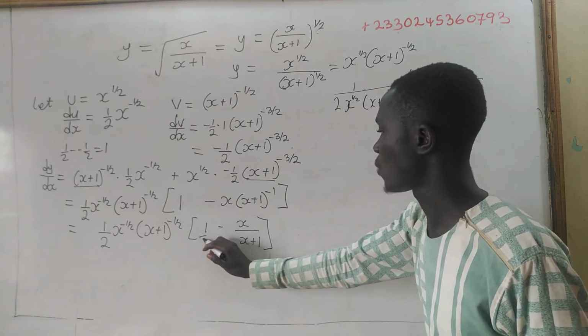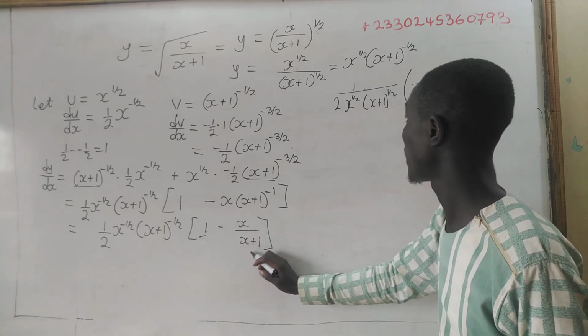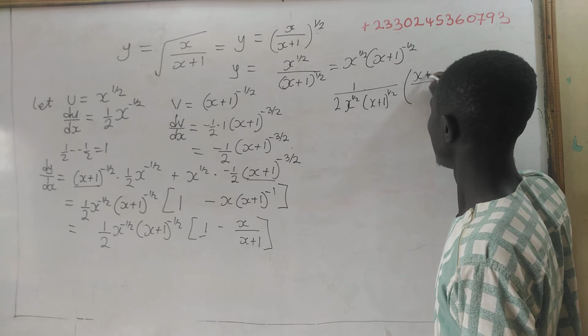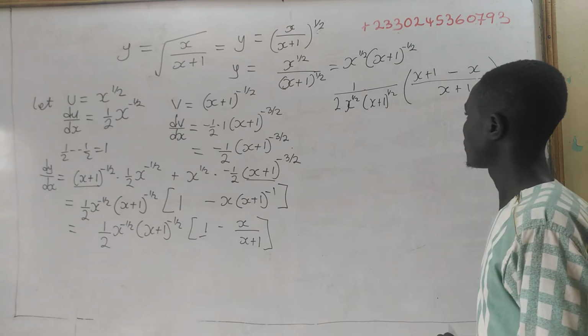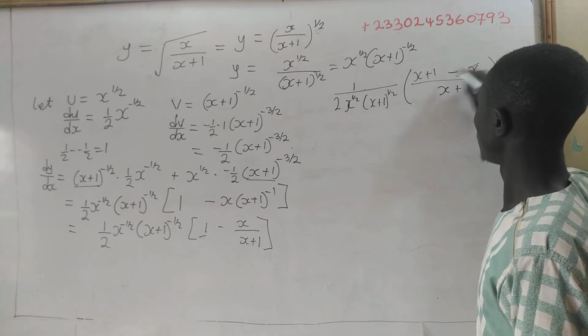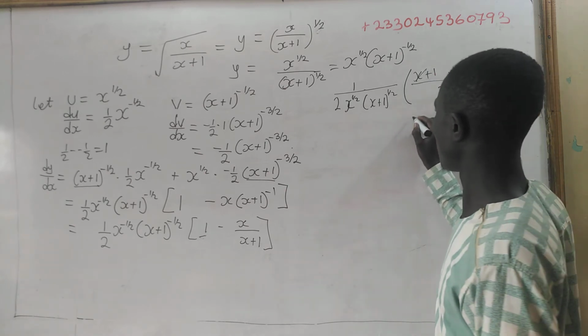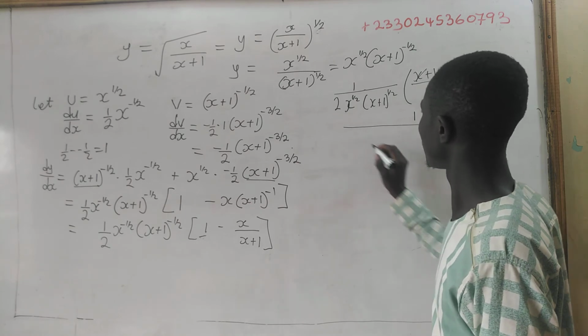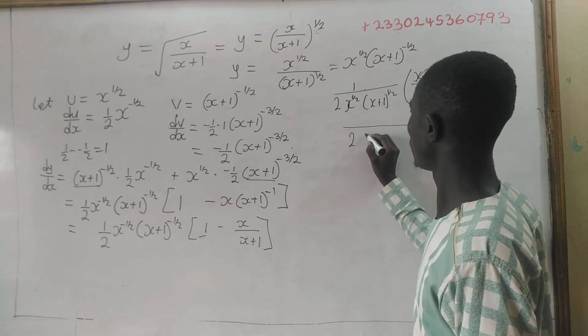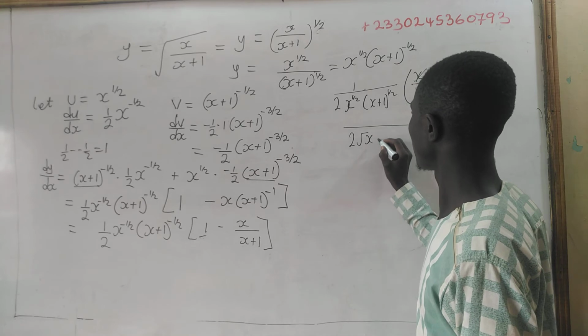Here we have 1, so 1 will go into this x plus 1, so we have here x plus 1 minus x. So this one will cancel this. We are going to have 1 divided by 2 root x